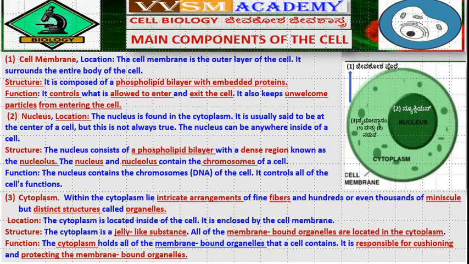Cytoplasm. Within the cytoplasm lie intricate arrangements of fine fibers and hundreds or even thousands of minuscule but distinct structures called organelles. Location: the cytoplasm is located inside the cell. It is enclosed by the cell membrane. Structure: the cytoplasm is a jelly-like substance. All of the membrane-bound organelles are located in the cytoplasm. Function: the cytoplasm holds all the membrane-bound organelles that a cell contains. It is responsible for cushioning and